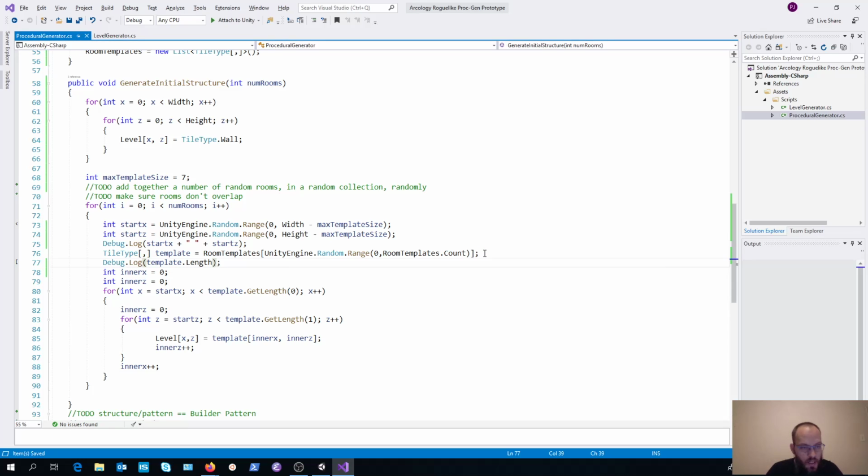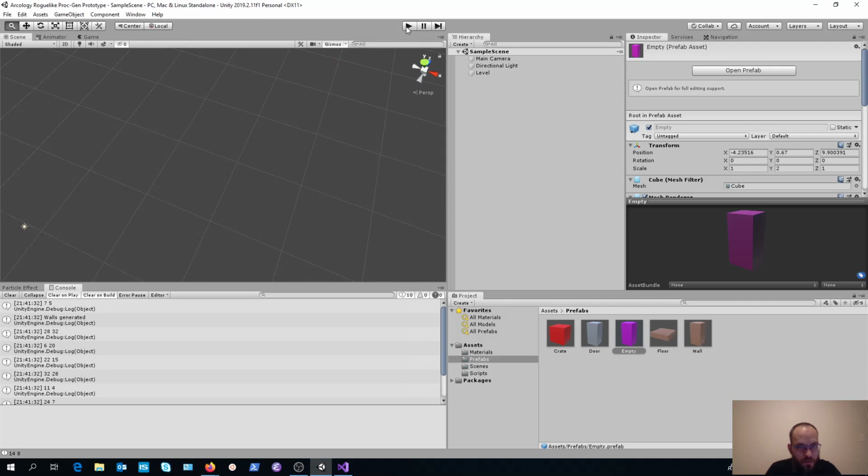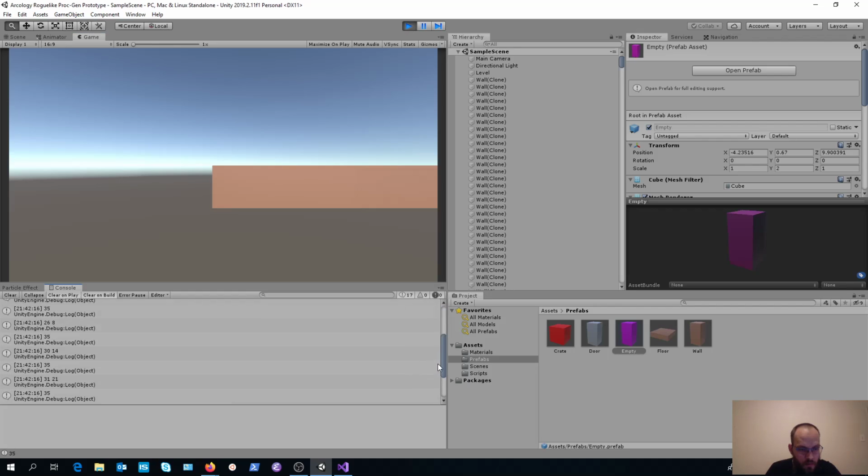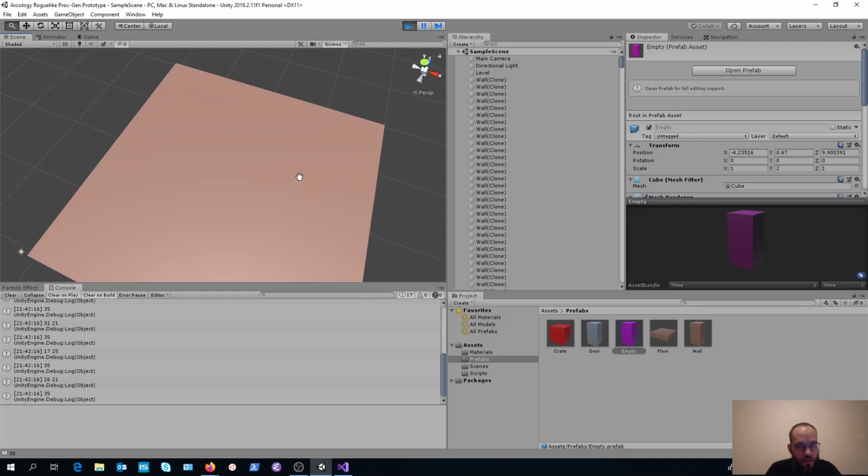Let's see if we can get any kind of length from our temporary template that we're using to generate all these different rooms in our level. We are getting those, so that is also great.